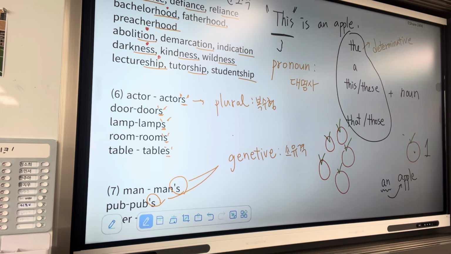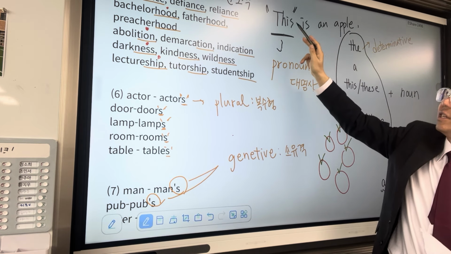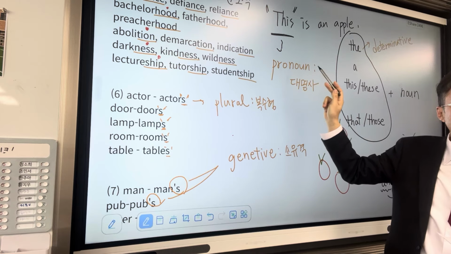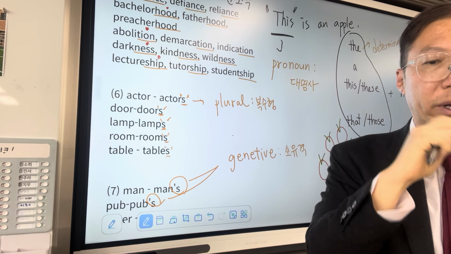So in summary, we talked about the noun class today, okay? And also we talked about the determiners class. From now on, we are going to use formal criteria and distributional criteria in order to define the other classes. The determiners usually come in front of nouns, and they specify the meaning of the nouns. Sometimes when determiners are used independently, they become pronouns. Okay, that's the brief summary of what we covered today.